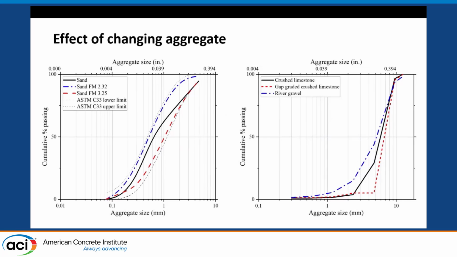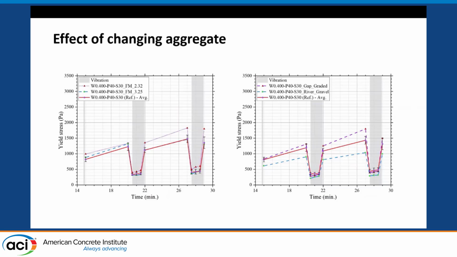So next I looked at what happens if you change the aggregate. On your left, I changed the fineness modulus of the sand. The black line, the fineness modulus is 2.88, while keeping the coarse aggregate the same. On the right, I changed the coarse aggregate while keeping sand the same. So I had a gap graded limestone, so when recombining my aggregates, I just didn't add one of these sizes. And a river gravel. So if my coarse aggregate is circular, where there is not as much physical interlock, how does that change things? So first on the left, you'll see